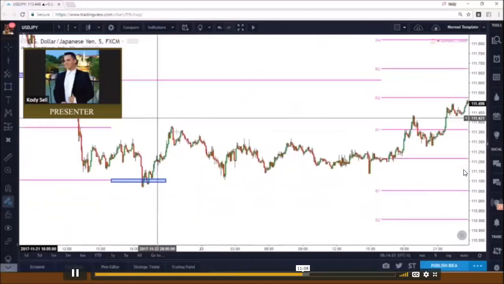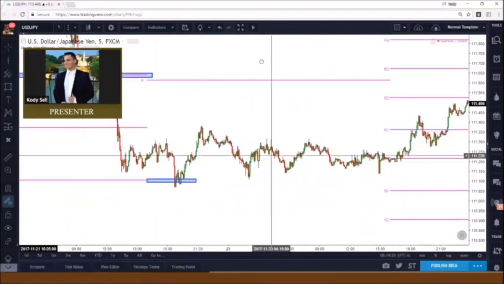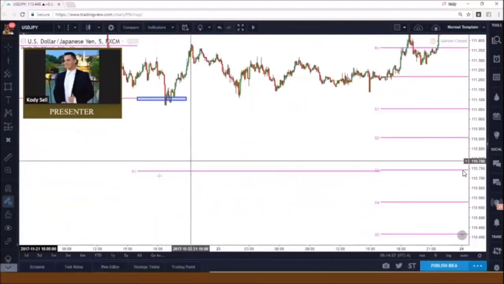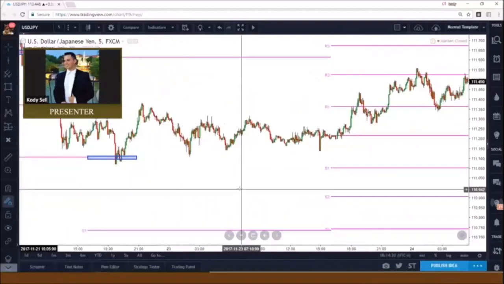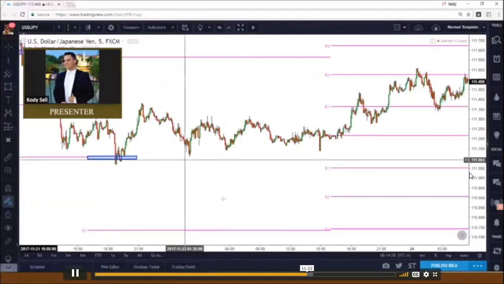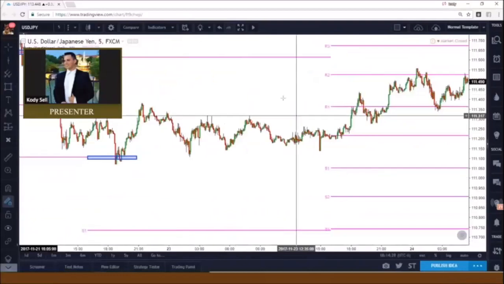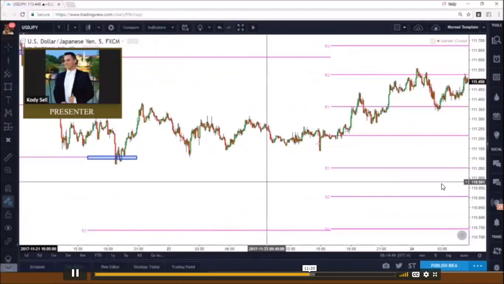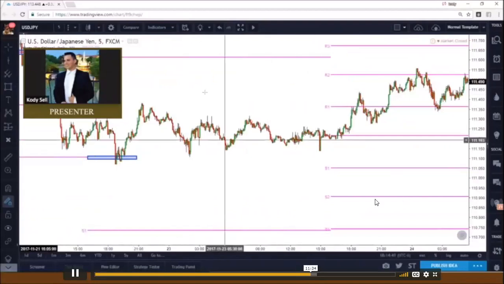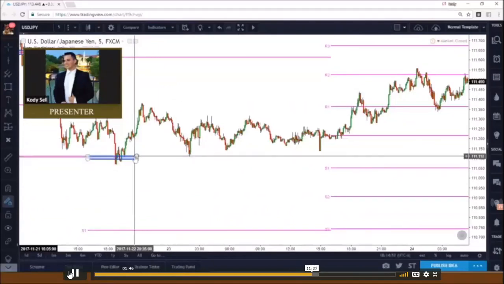Now, next day, take a look at this day. Okay, this day worked a little bit different. We had our pivotal level up here, and we had our S1 down here. Now, the reason why price didn't make it to either one of these pivot levels is because clearly the market didn't have enough volatility to go anywhere. So this is a day when there's not much liquidity or volatility in the market, and therefore the institutions don't have enough power to push this to P or S1. You guys will get better at identifying how to trade situations like this and how to predict